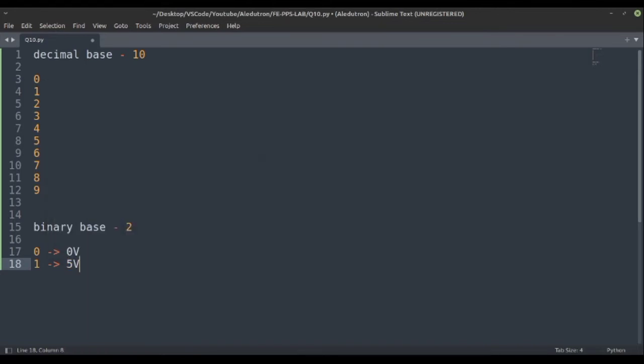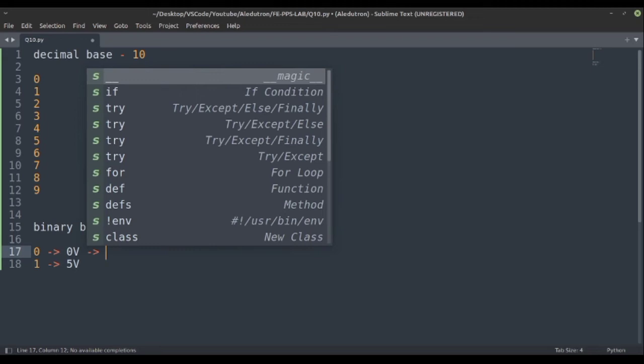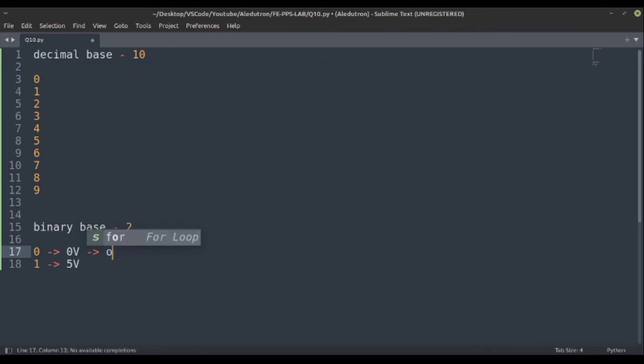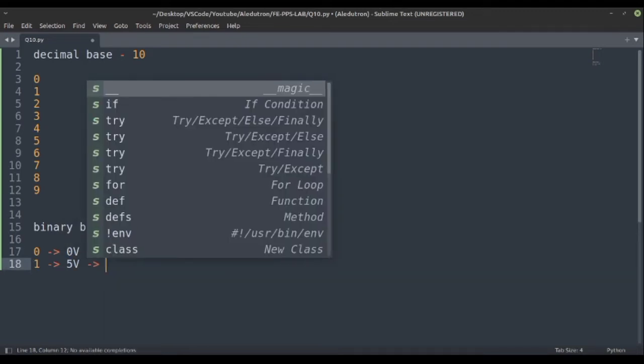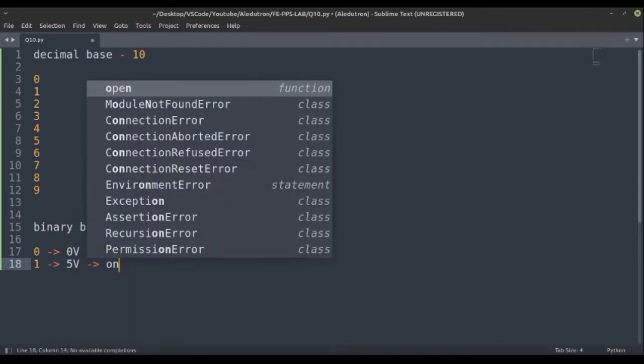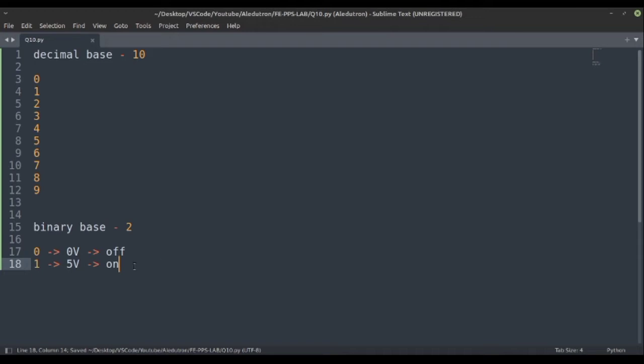Whenever 5 volts potential difference is present, we consider it as 1, meaning on condition, and whenever it is 0 volts, we call it off. So basically the switch is off. That's why it is easy for computers to work on this binary base 2. So binary contains 0 and 1.